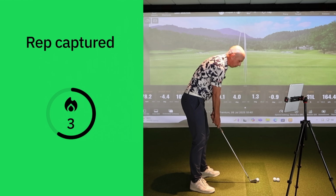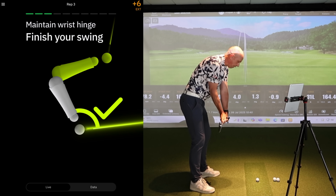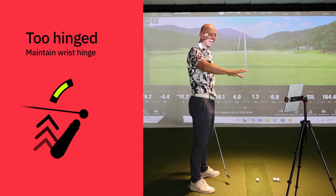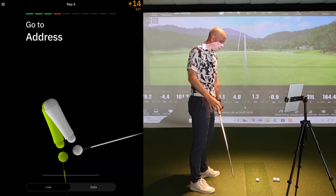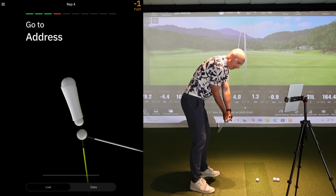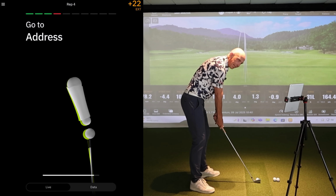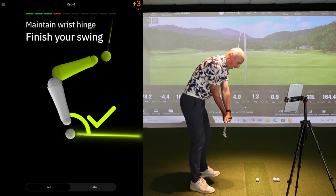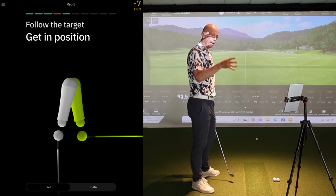I'd also get the feedback, which would be key for many of you, which would be how you get the club to the top could often be via too much wrist flex or extension. You'll see there I raised my arms up excessively. It shows me on the app I was too hinged and I had too much extension in that wrist as I moved it back. So the trick to this exercise is part one, set the wrists correctly with the right amount of flexion and extension, get the feedback that I'm in the right spot, and then if I take that around me correctly, I'm going to get the feedback that I did that drill and that rep how I was